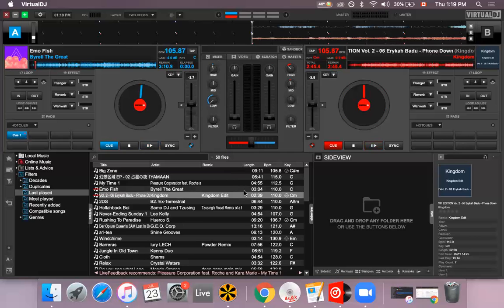so what you're hearing right now is when I'm playing a song, first of all, you're getting feedback because I'm playing this song through my computer. So you're hearing the music coming out of my computer speakers, but you're also hearing it coming out of my Zoom program because I set it up in this program, my virtual DJ program, for the sound of my mixing to go through to the Zoom program. So how I did that was,